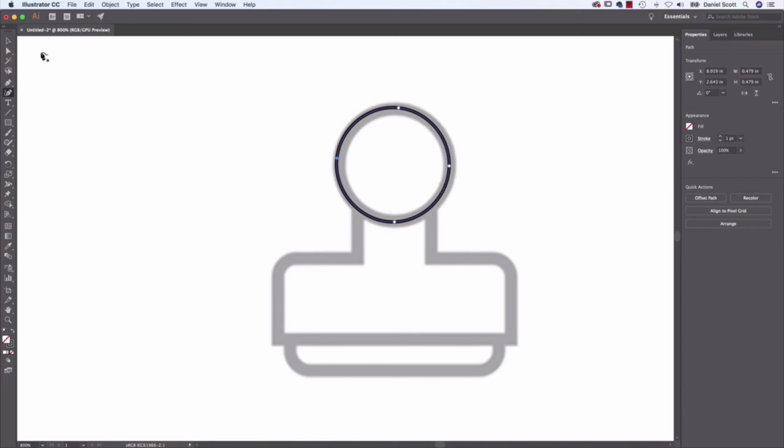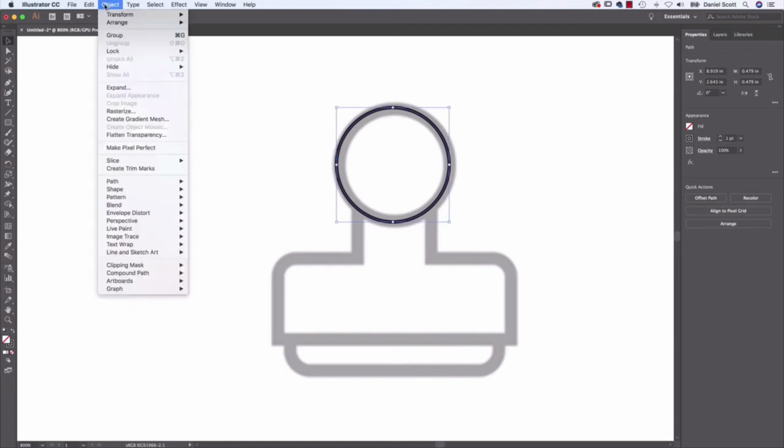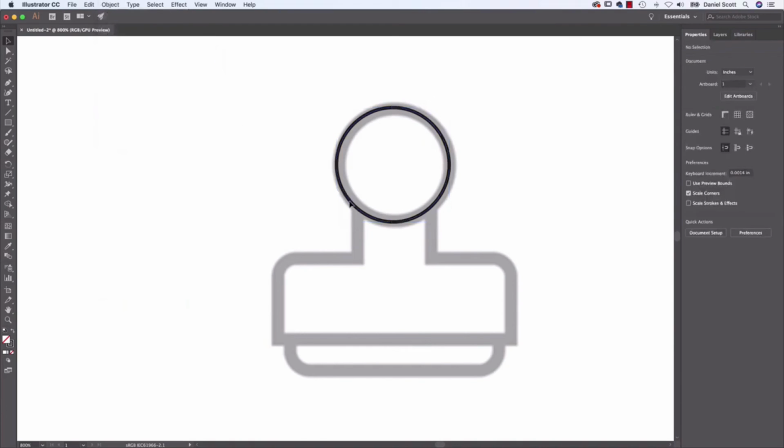The easiest way is, with it selected, it's currently selected. If it's not, click it with the black arrow, and just go up to Object and lock it. Can you see this one that says Object, Lock, Selection? And it just temporarily locks it. I can't drag it or move it. It's the same as we did earlier on. Remember our layers panel? We put things on its own layer and then locked it. It's just like a smaller version of that. Because in this case, I don't really want its own special layer for a circle. I just want to temporarily do it. And when you want to